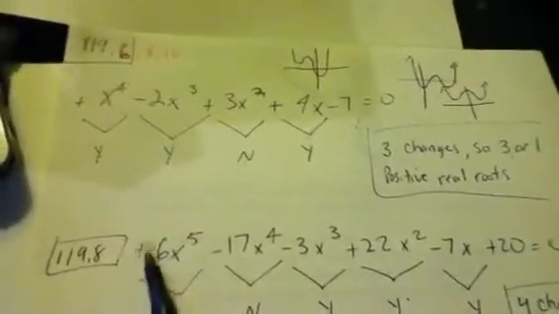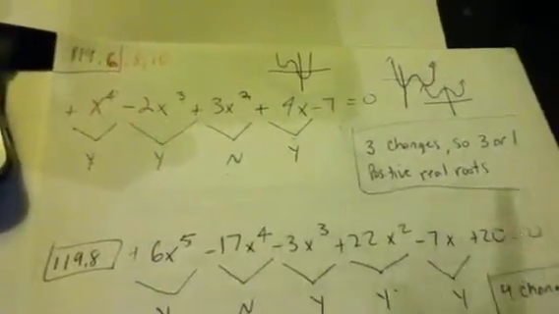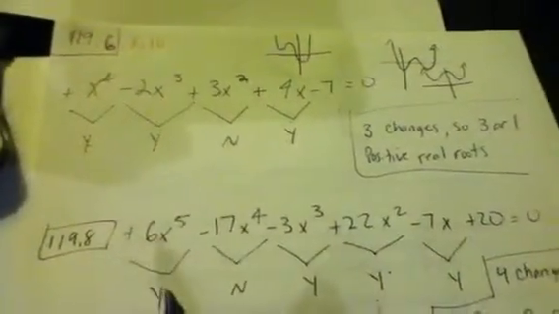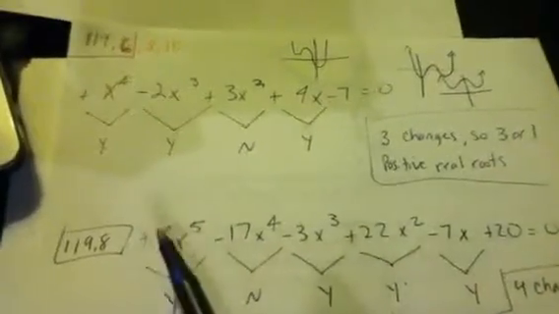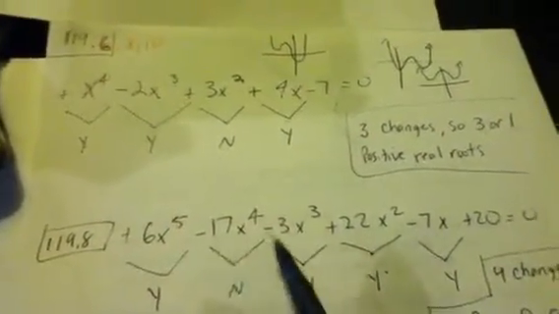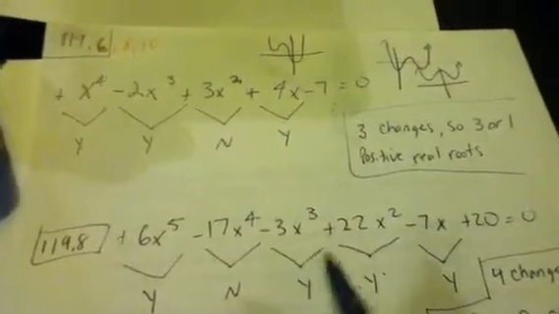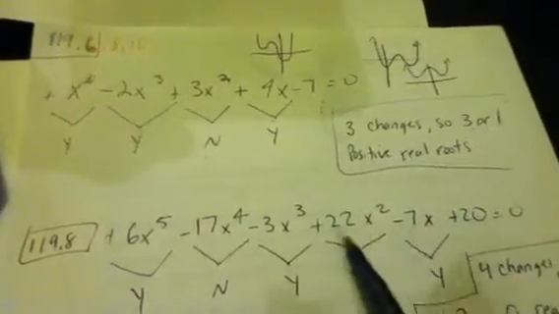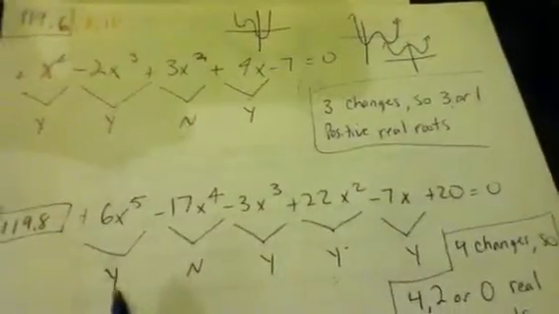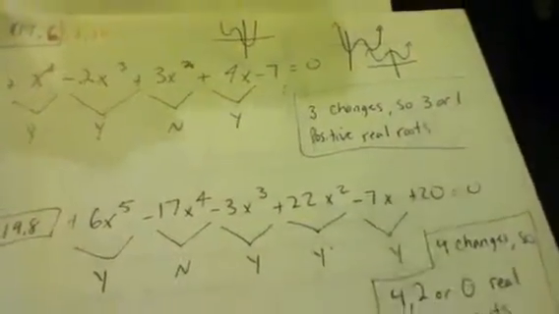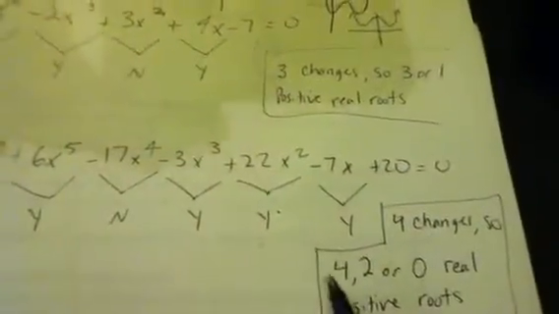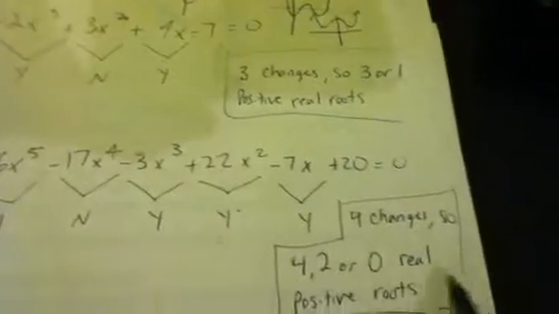I'm going to look at the sign of each of the terms and determine whether I'm going to say yes if there's a change and no if there's not. I went from positive to negative, so I'm going to say yes, there's a change. Negative to negative, no. Negative to positive, yes. Negative to negative, positive to negative. There's a yes and a yes. So how many sign changes? 1, 2, 3, 4. So if there's 4 sign changes, then there could be 4 or 2 or 0 real